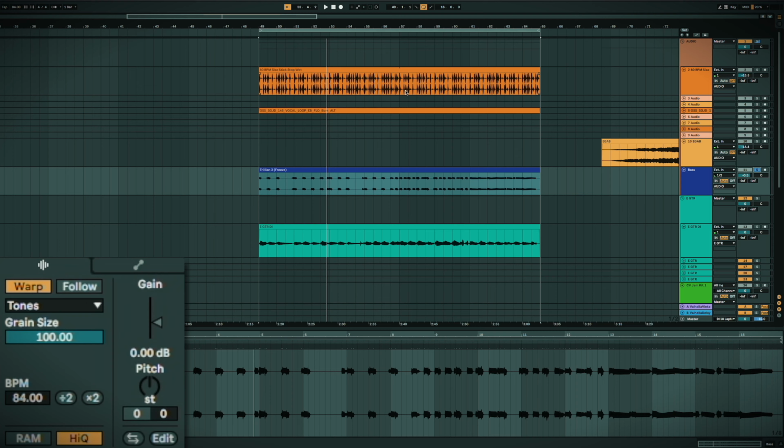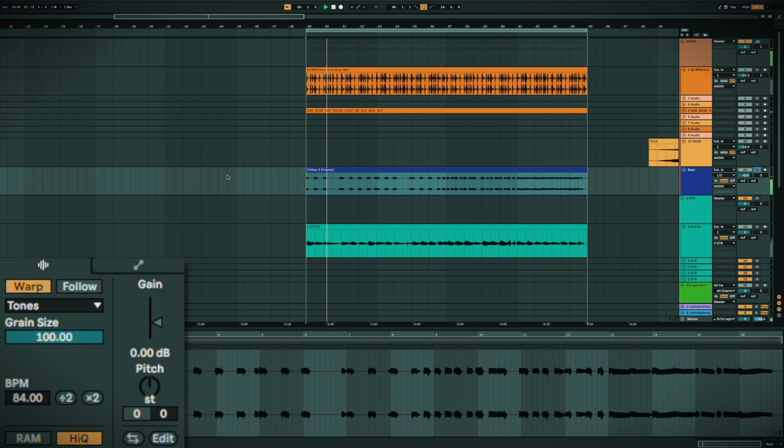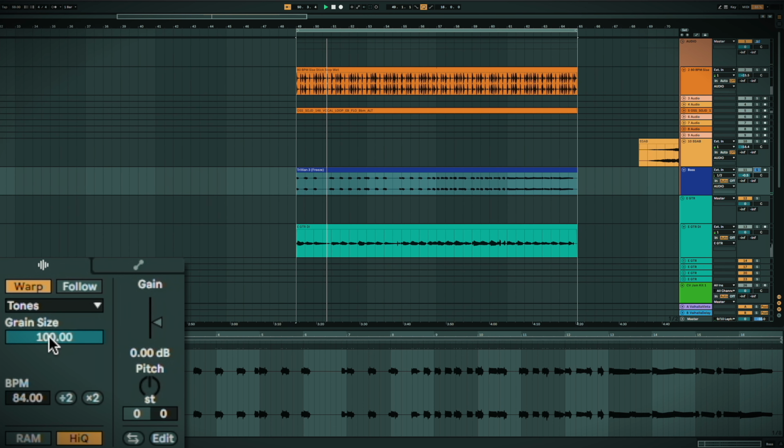Great, so we've got that. So now if I slow down the track, we can actually hear what the warping is doing. And if I change its grain size,